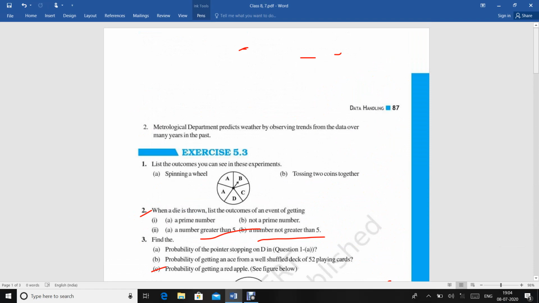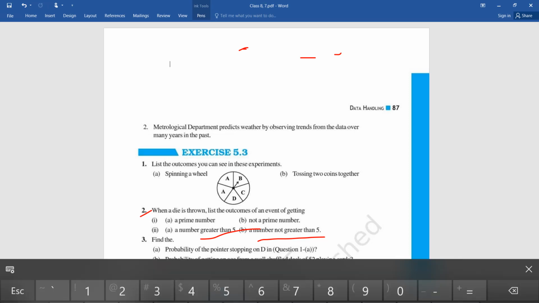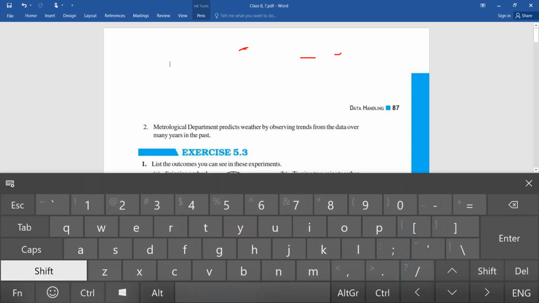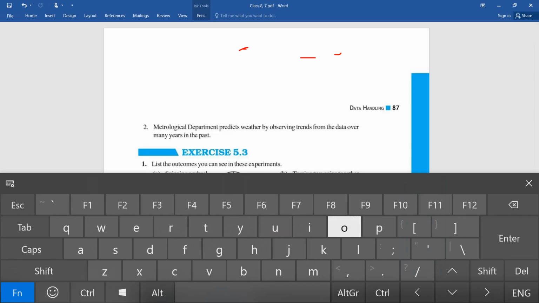And one more thing, exercises 5.1, 5.2 and 5.3 you have to do in your fair notebook. Please complete your notebook. I will check your notebooks next week, so please complete your notebooks, okay? And be prepared for the test that is on Friday. It is also based on the fifth chapter. You will see the questions of chapter 5 in the Friday test.